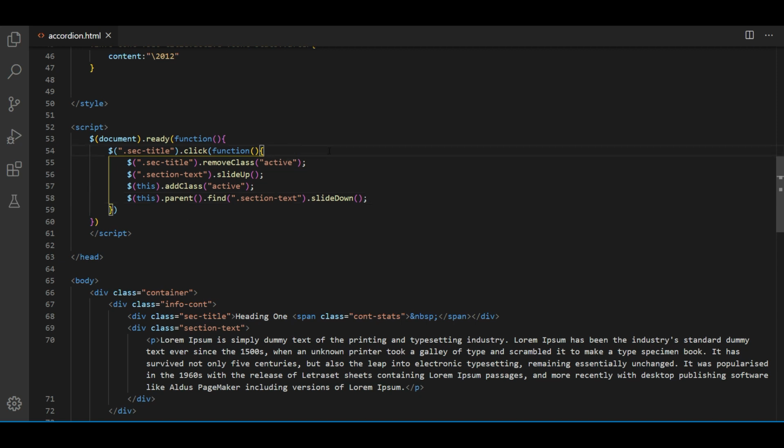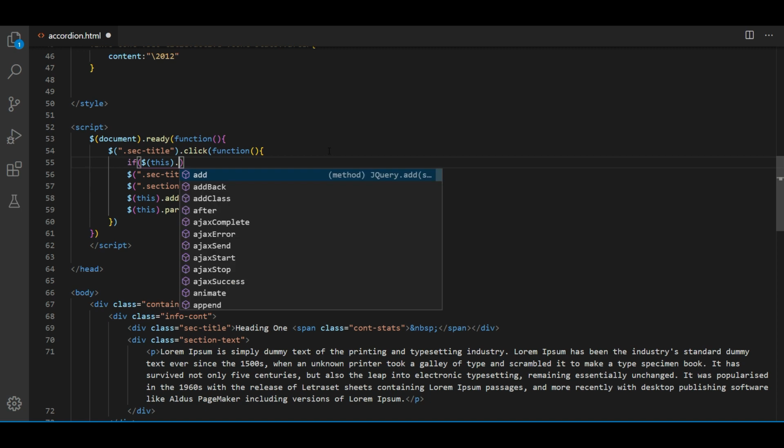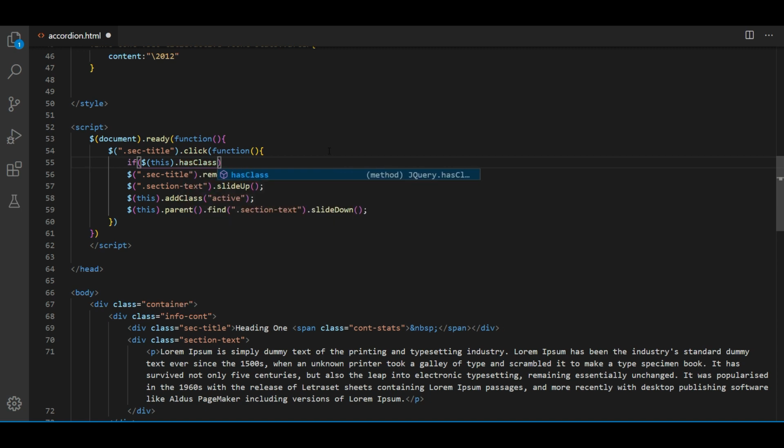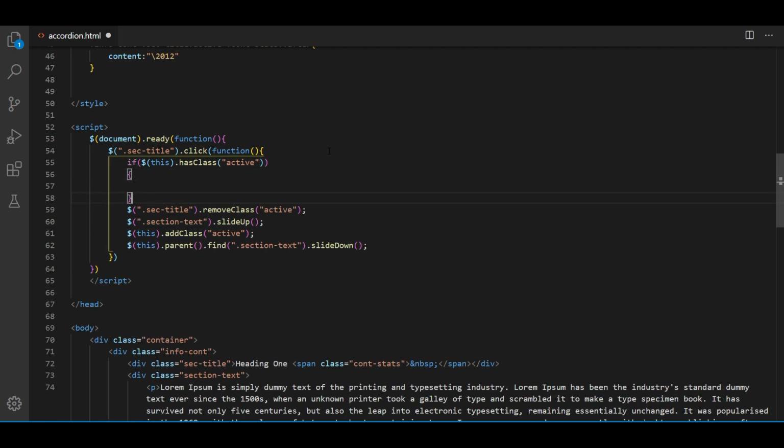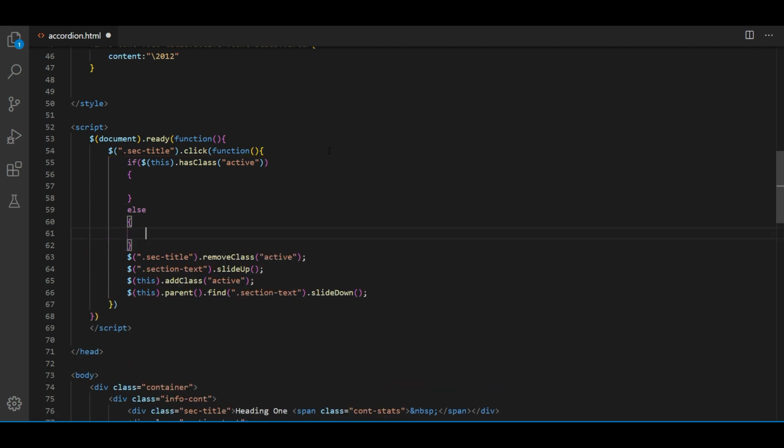For that, first we have to check if this, which means the clicked object, has class active, then do something, and else do something. So let's move this part to the else part.